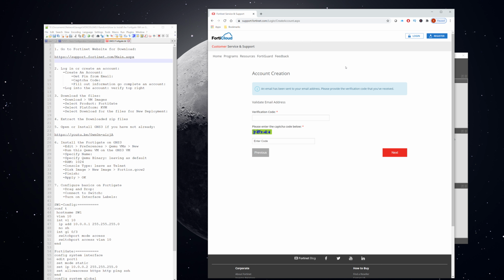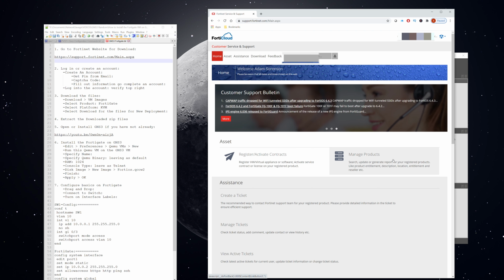Ultimately, after you go through that page, it will ask you to log in. And after you log in, that's where you can get the software that you need to download. So I'm just going to hit login and log in here myself since I already have my account set up. Alright, so now assuming that you've made it to this place, you're pretty much home free.